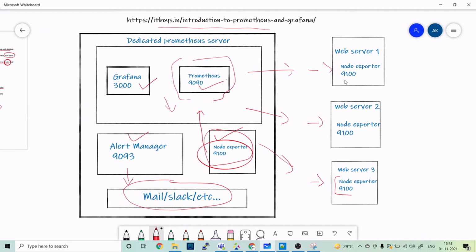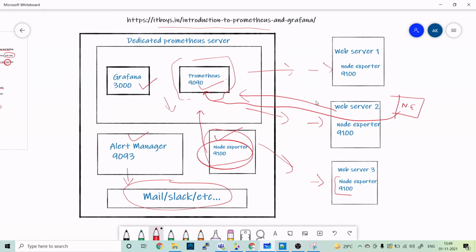Clear? And when we want to monitor these servers 1, 2 and 3, then again we have to make an entry in the prometheus.yaml file, so that Prometheus can decide, okay, these 3 servers I need to monitor. So again, after every 15 seconds it will go and pull the data. Fine. If you want to monitor one more server, node 4, then you have to install Node Exporter here, and the next step will be to make an entry in prometheus.yaml.